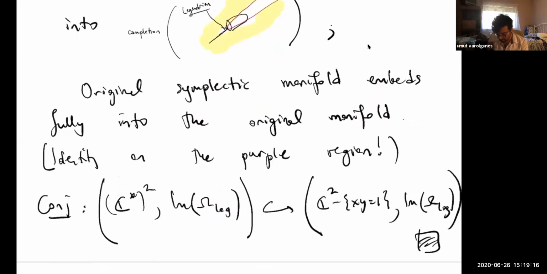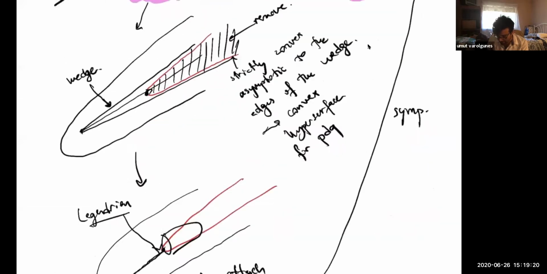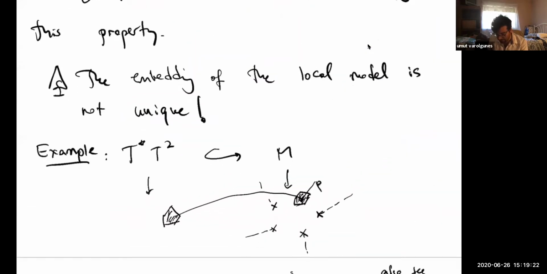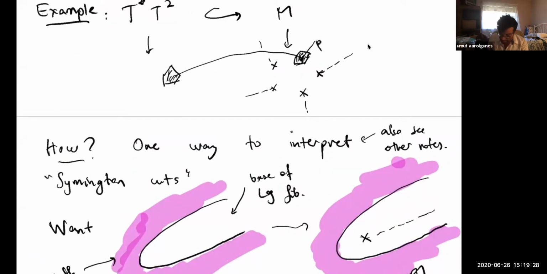So this is how I get the result that I claimed, for example. So this full T star T2 should embed into this N. And there are other ways of seeing that. This happens by using nodal slides. I had given another talk a couple of weeks ago, and I have some notes from that where I had explained that there.